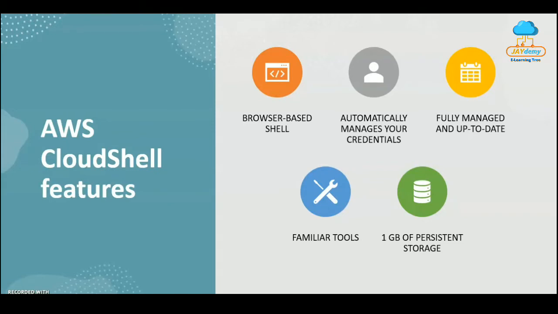So what are the available features in AWS Cloud Shell? It is a browser-based shell. It comes with the AWS command line interface and can run scripts and access common command line utilities including PowerShell and Bash. Popular AWS CLIs are pre-installed along with this, that is the Amazon Elastic Container Service CLI and the Serverless Application Model CLI, and we can interact with all our AWS resources without leaving our web browser.